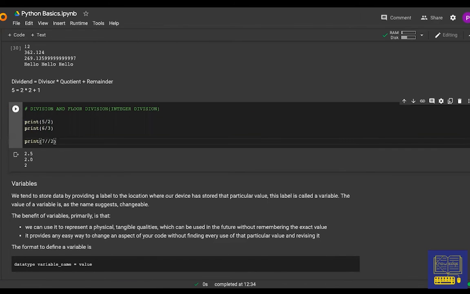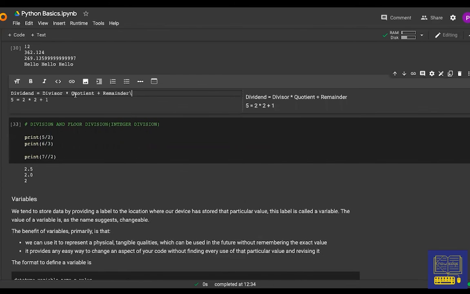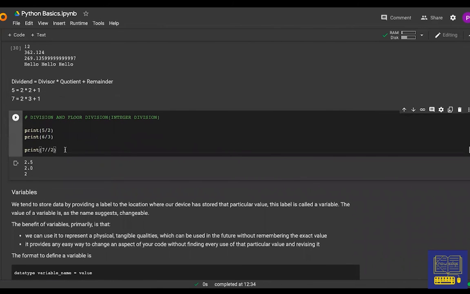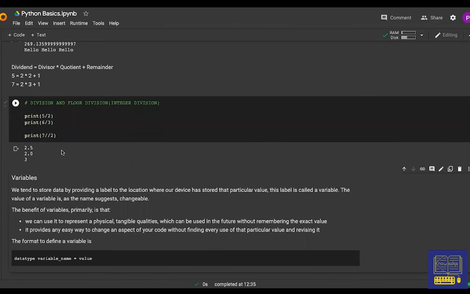Similarly, if I take the example of 7 in this case, 7 equals 2 into 3 plus 1. So when I am dividing 7 by 2, I will get 3 over here. Hopefully you were able to understand that what we basically mean is that we take the quotient of our division. What you can also consider it as is taking the smallest integer from the division, right? So when I divide 7 by 2, I get 3.5, and the largest integer smaller than 3.5 is 3.